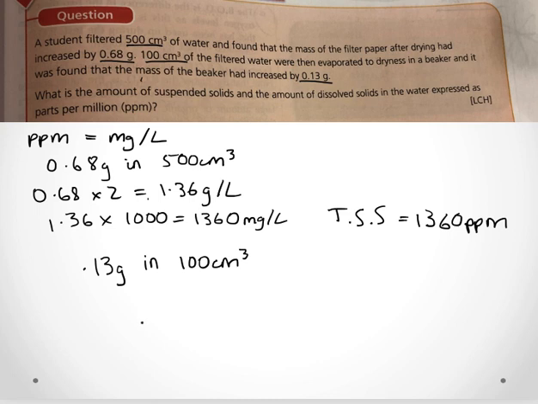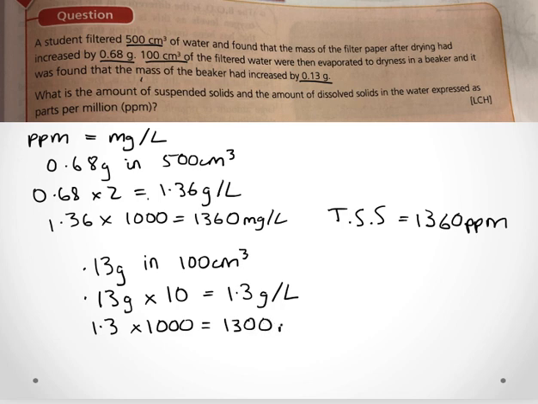Now we want to change that from grams per 100 centimetres cubed into grams per litre, and then milligrams per litre again, so that we have it in parts per million, because milligrams per litre are the same as parts per million. So we take our 0.13 grams there, and we multiply it by 10 to go from 100 centimetres cubed to a litre, and that's going to give me 1.3 grams per litre. And then if we have it in grams per litre, we just multiply that by 1,000 again to get